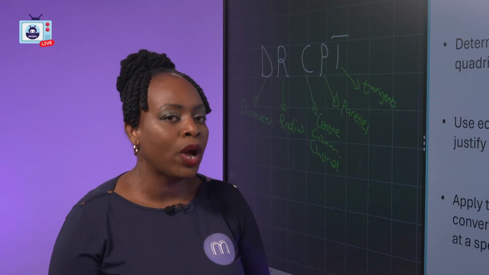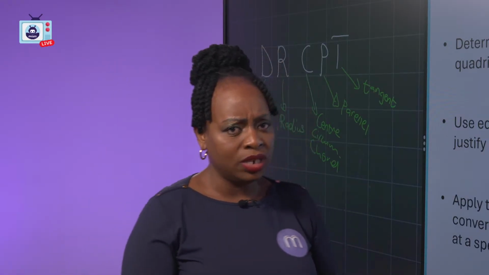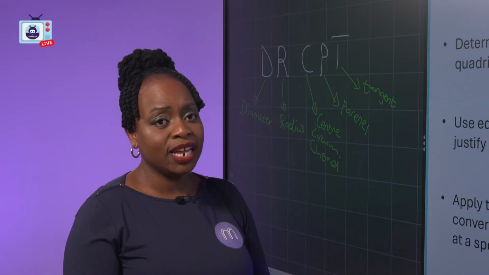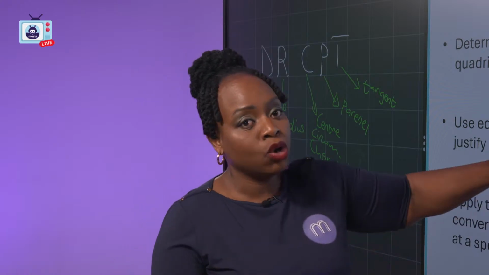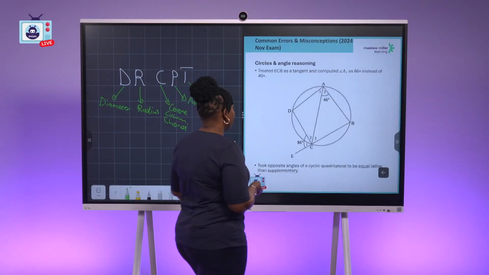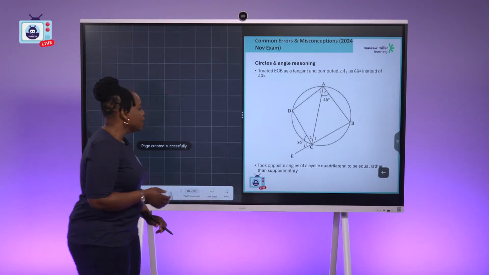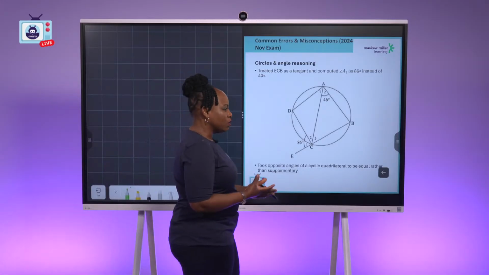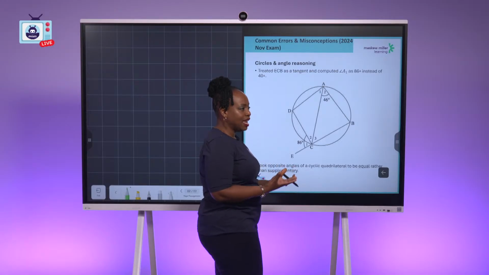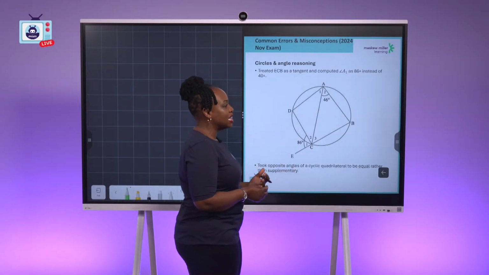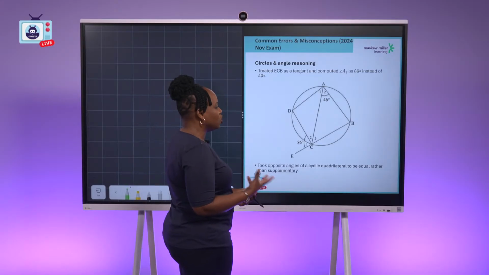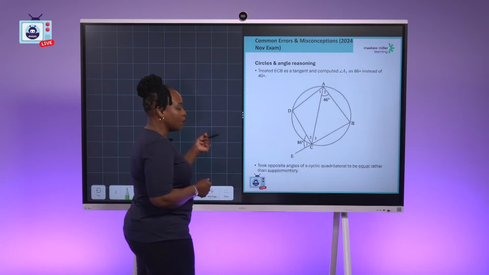Converse simply means proving something that you are not given. So you are proving that this is a tangent while there was no tangent given, and then you call it the tan chord theorem, but that has to be a converse. All right, with all this, we always have a base of where we are starting. Remember, whatever we learn starts with some errors that have been made by other people. So the question paper that we will focus on today